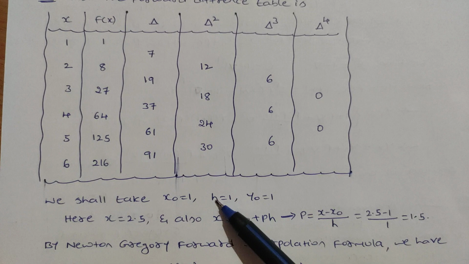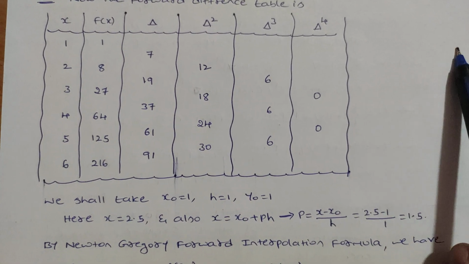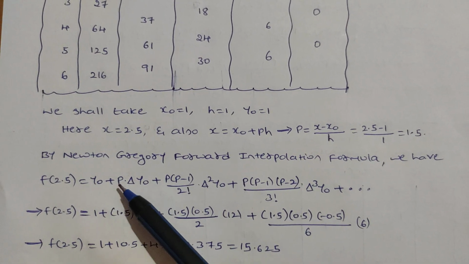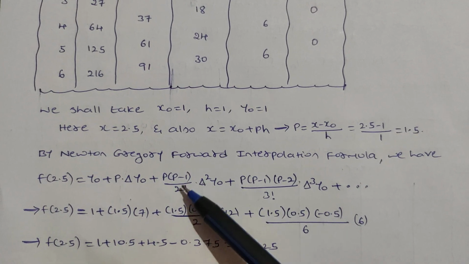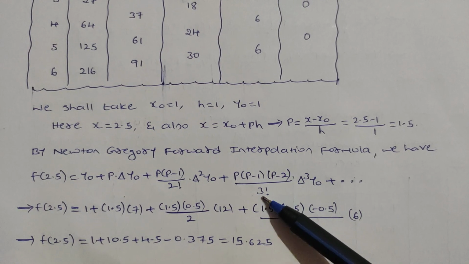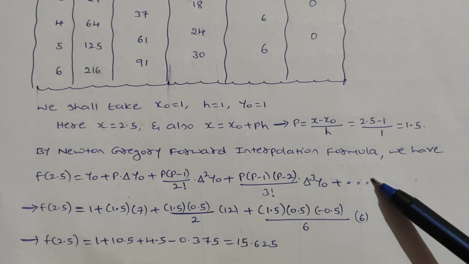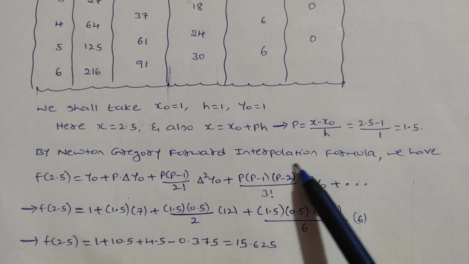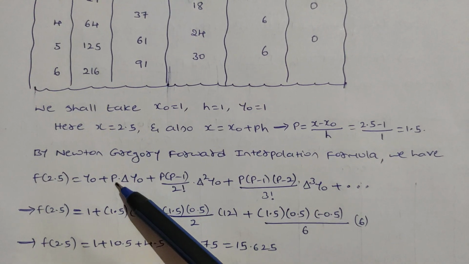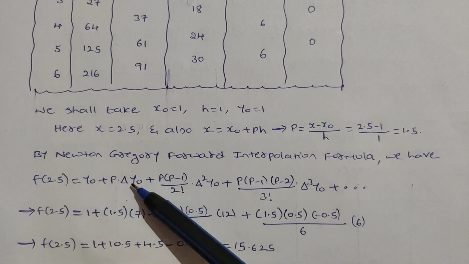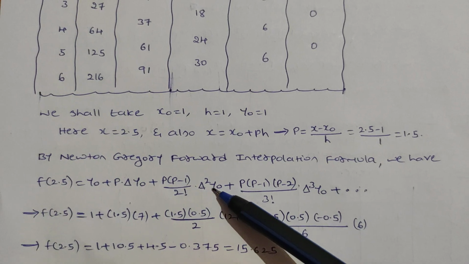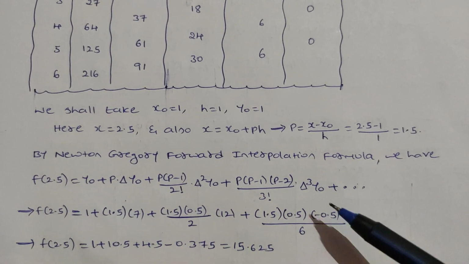Substituting all these values in the Newton-Gregory forward interpolation formula, we have f of 2.5 equals y naught plus p into delta of y naught plus p into p minus 1 divided by 2 factorial into delta square of y naught plus p into p minus 1 into p minus 2 divided by 3 factorial into delta cube of y naught plus etc. So students need to remember this formula. Now we replace the value of y naught as 1 and p as 1.5. Delta of y naught, the first difference, will be 7. So substituting the value of p and then delta square of y naught, delta cube of y naught, we observe